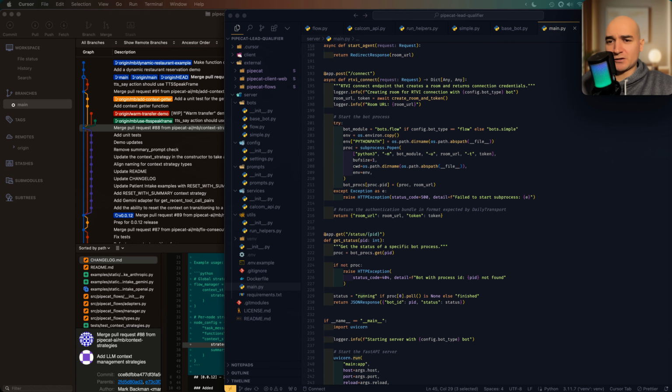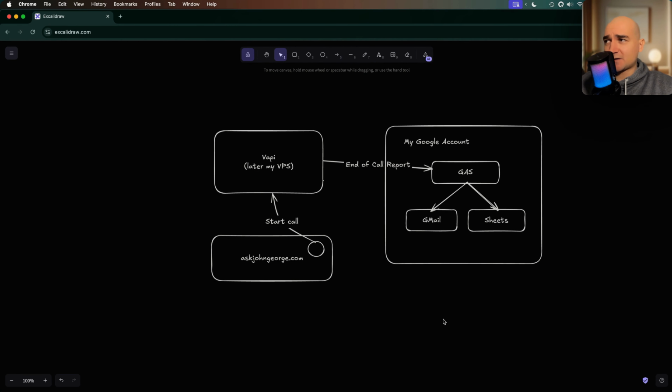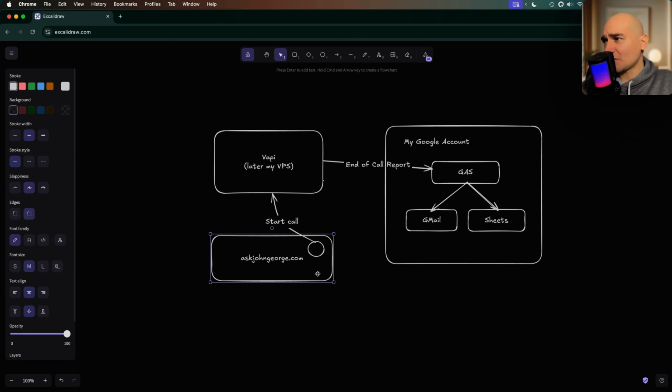Okay, so that's pretty much it. I guess the only thing left is go through the next steps. So I have to finish the prompt engineering, first of all. That's the first thing. And then next, let me just take you through how the existing widget works. So this is my website, and on my website, there's a widget. And when you click on the widget, you start a call with Vapi, and then you have a little chat to the agent for as long as you want. Well, as long as the call flow will allow you to, actually.